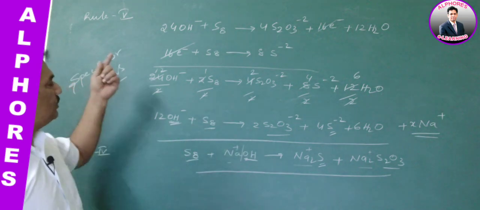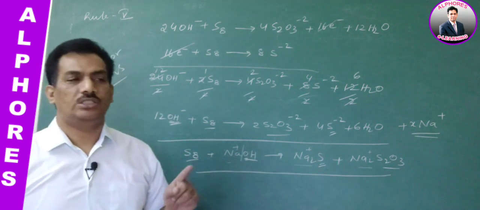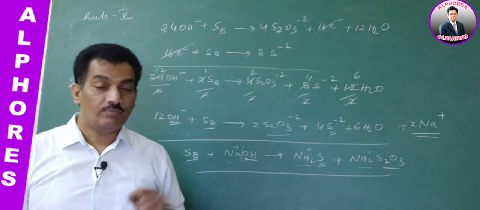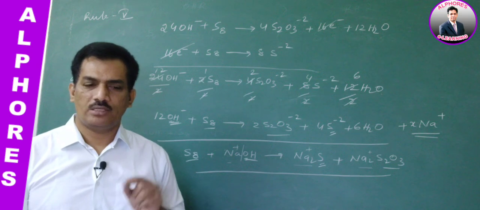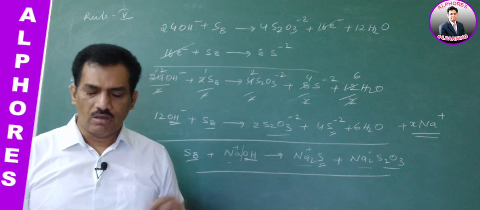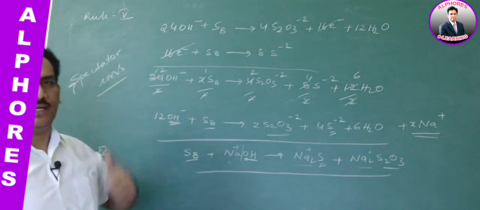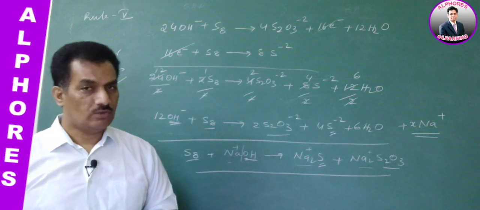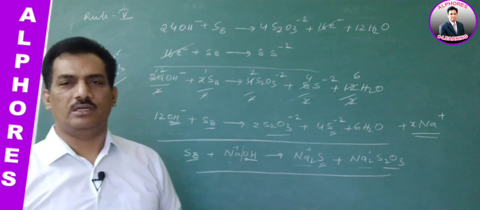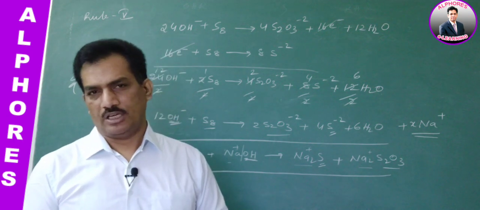Here also these Na plus ions are not having any role in the oxidation or reduction reaction. Are you following? That's why such type of ions which we dropped so as to get the skeletal equation or the ionic form of the equation are known as spectator ions. Are you following? That is about the ion electron method for balancing the equation in acid medium and basic medium.